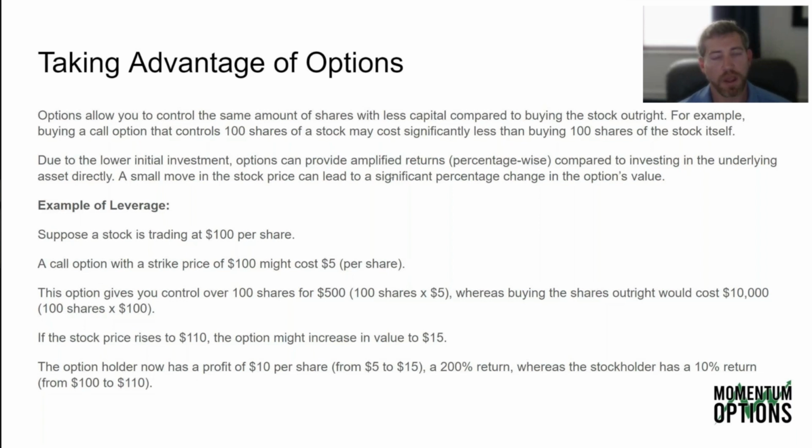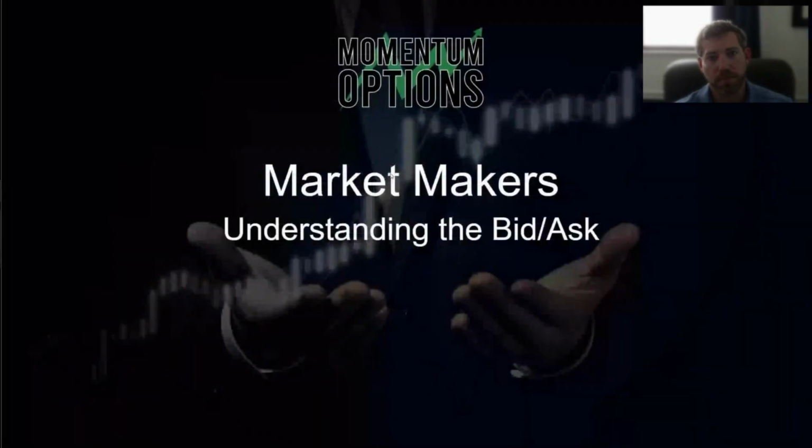But keep in mind, the option had the ability to go to zero, whereas the shares actually gave the holder ownership of the company. Just something to keep in mind, because options only have value at expiration if they're exercisable, if you can actually buy the shares and it's a good deal for you to do that as the investor.